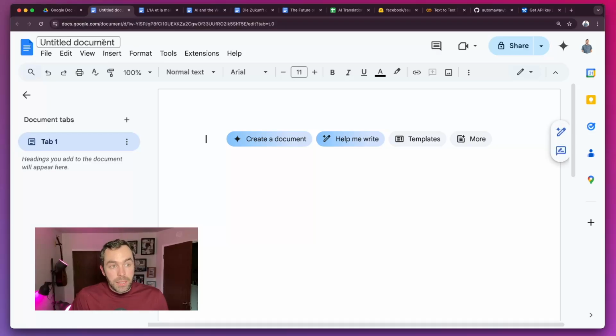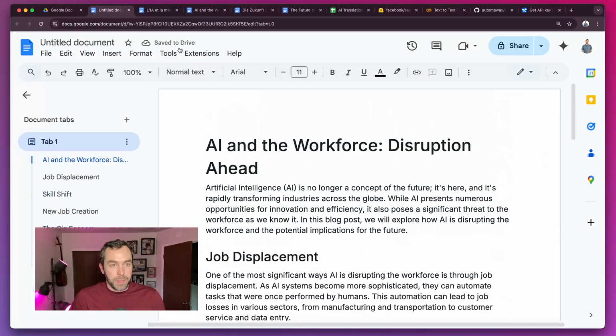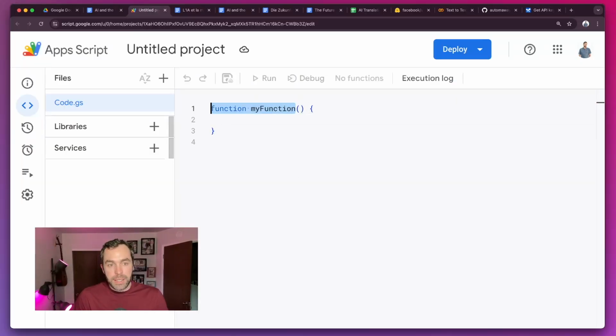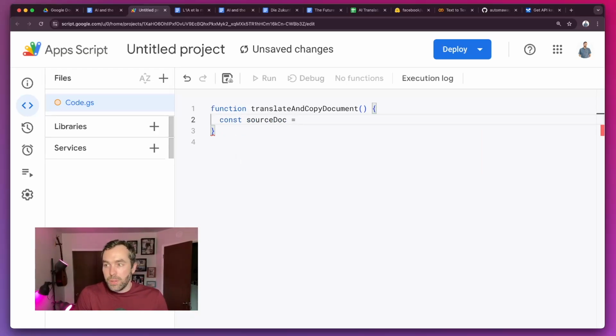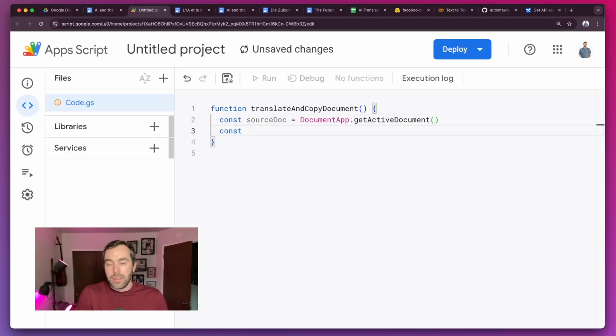So in a new document, let's just maybe copy some text from here, so we have something to work with. Go to extensions, app script. And the first function we're going to write is going to be called translate and copy document. Okay, so in the translate and copy document, let's just say const source doc will be equal to document app dot open by ID. Let's just say get active document. Const source body will be source doc